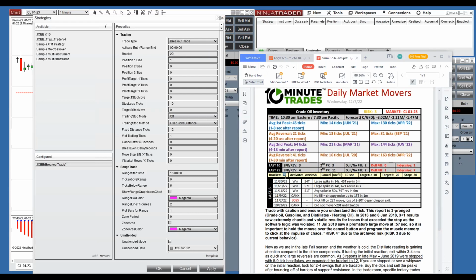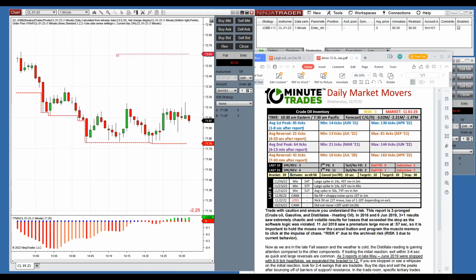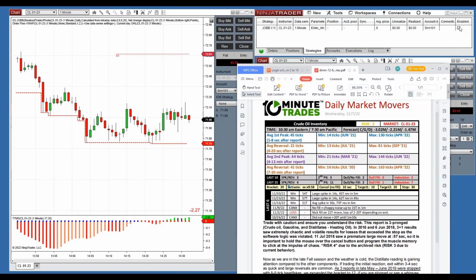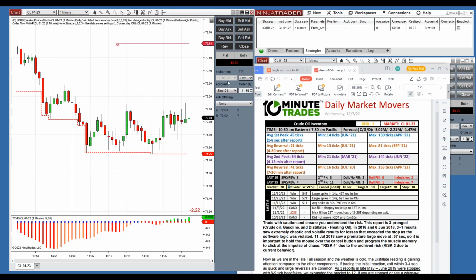We have a bracket of 20. The oil report uses a bracket of 20. So set up one position, set up a target if you want to, and put a stop in if you want to, okay? Set up a sample trade, 0 time, bracket of 20. Apply it and okay it. Watch what happens. If you enable a 0-0 trade, a trade that's at 0-0 time, it'll automatically put the brackets on because it thinks time has already passed and it's time to trade.